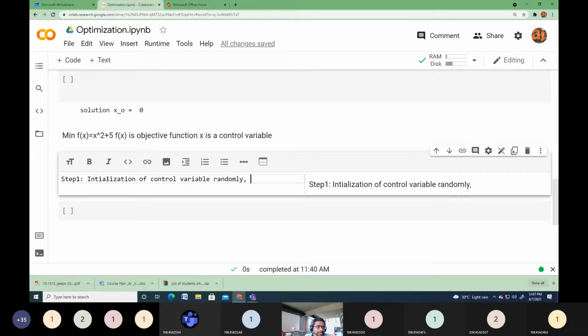Students, please respond. Please open up, whether it's right or wrong, not an issue. If you participate actively, you can understand very well. We discussed everything with numerical calculations yesterday. Now I'm trying to write the Python code, so for that I need input from you. I will initialize my control variable randomly, definitely. Anything else I need to initialize, or is only the control variable sufficient?